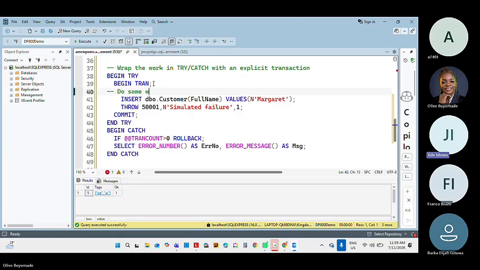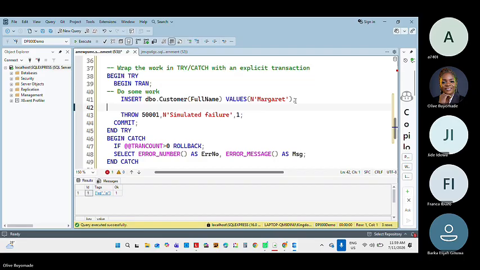Then after the insert line, yes, put another comment. Just type first, we can edit it. Because it is a combination of do some work and then deliberately raise an error to trigger the catch. Then deliberately raise an error to trigger the catch. Sorry, an error. Then deliberately raise an error to trigger that catch. You can write the catch in. Thank you so much. After that one,